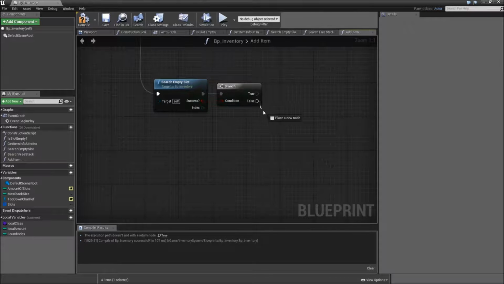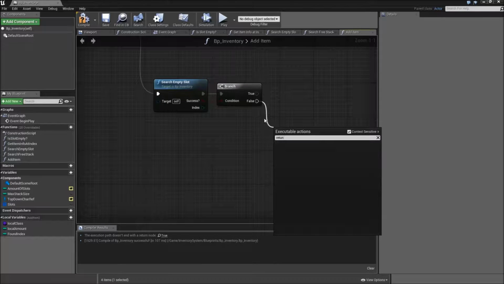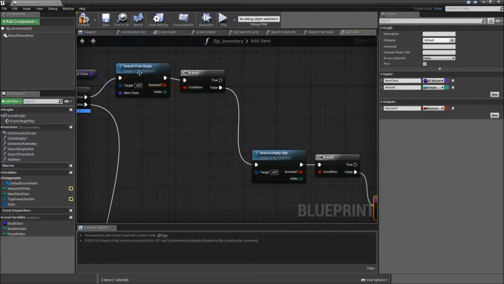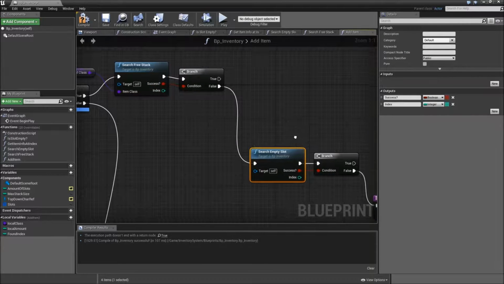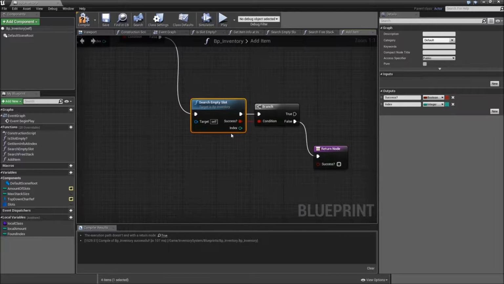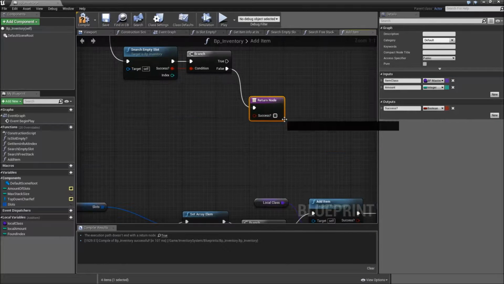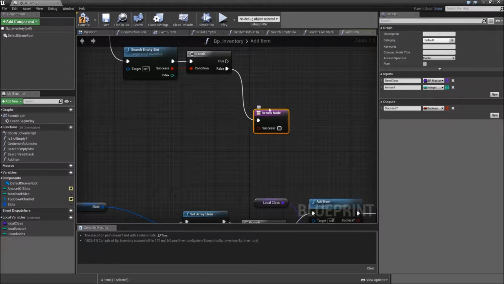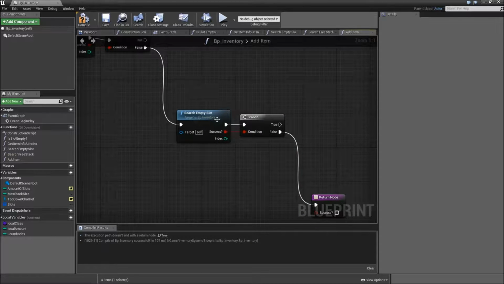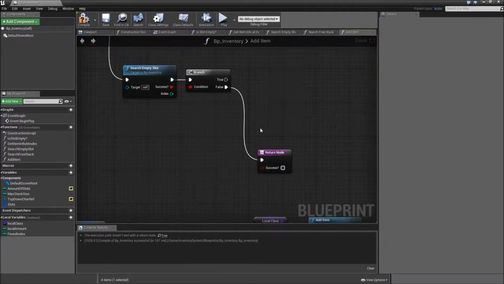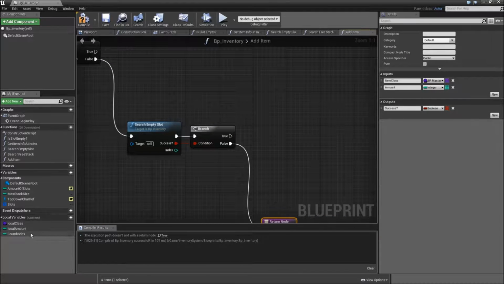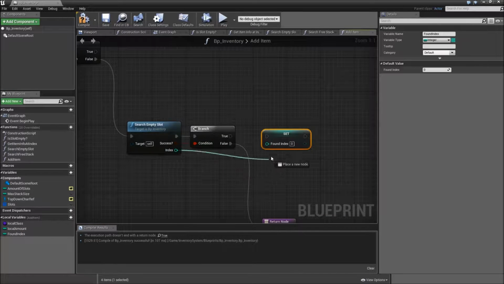And of the false, you can go to the return node. So we didn't find a free stack and we didn't find an empty slot. So we completely failed trying to add our item. But if we did find an empty slot, we will set the found index to our index again